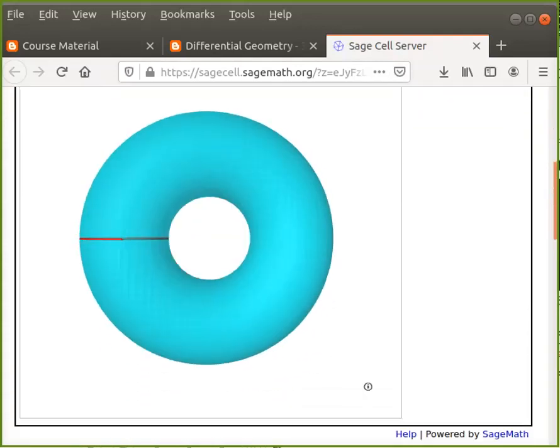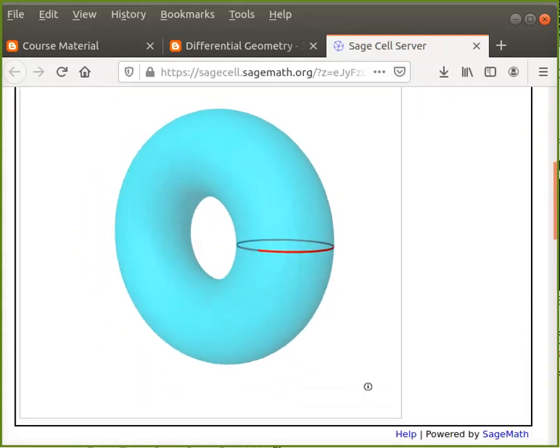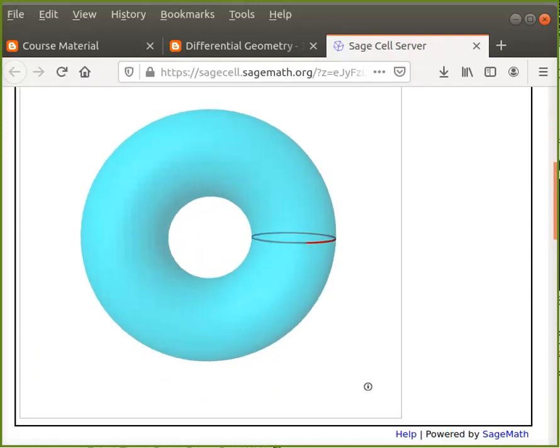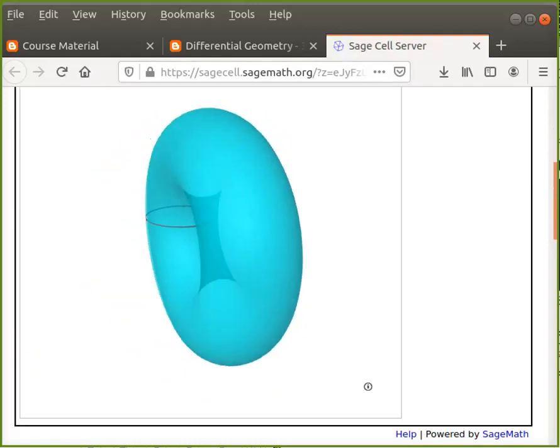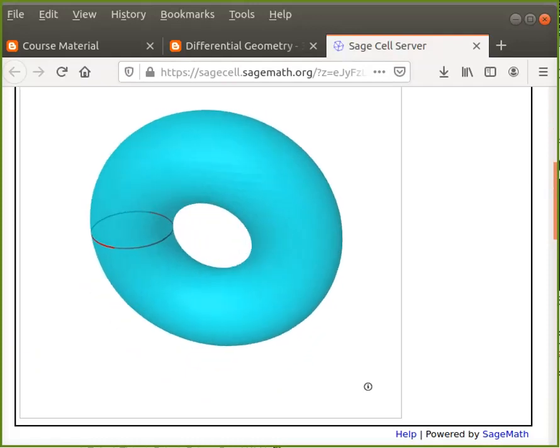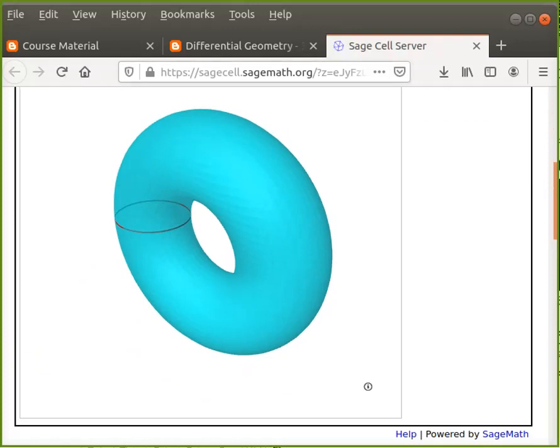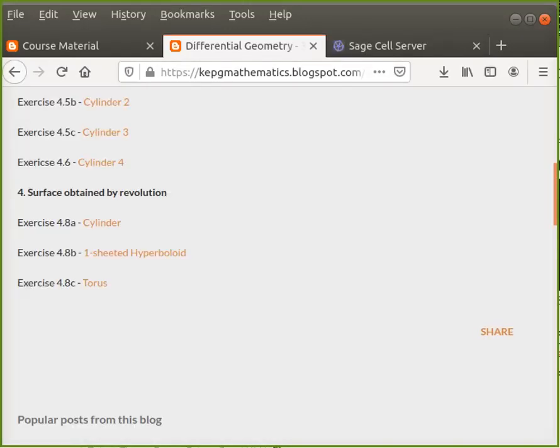If I show 4.8c, for example, if you click on that, it will generate a page. So this is the circle we have drawn, of radius 1 centered at (0, 2). If you rotate this circle about the x1 axis, the x1 axis goes through the middle of this torus. So if you rotate this, you will get a torus. You can visit this page for 3D images. And in the next class, we will be seeing